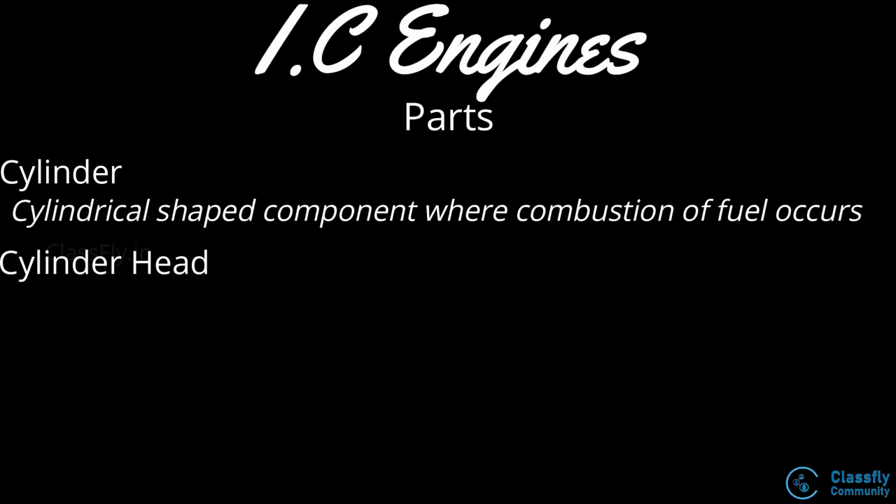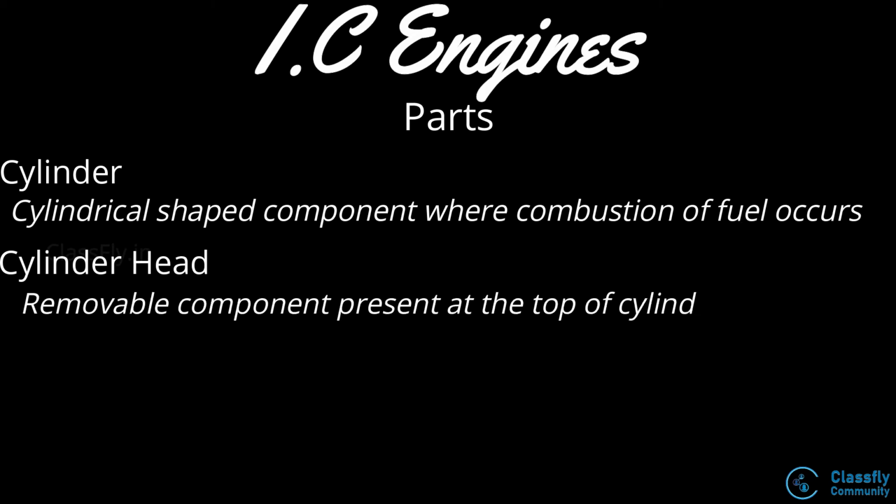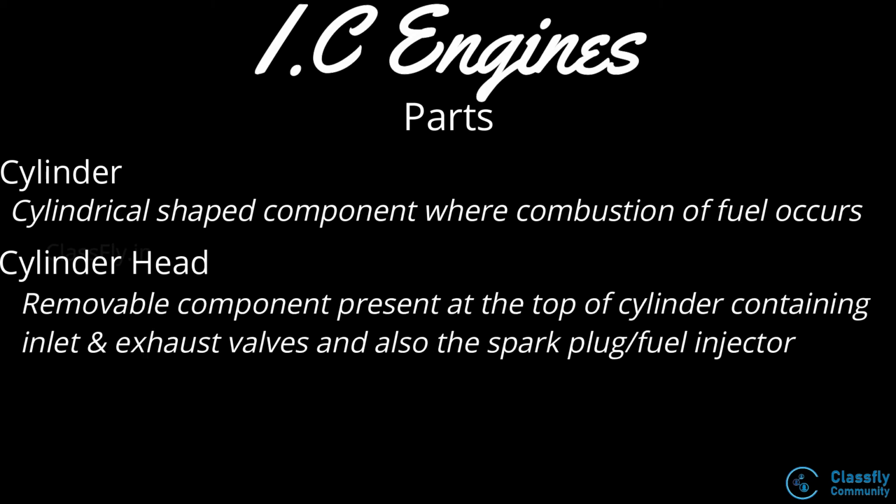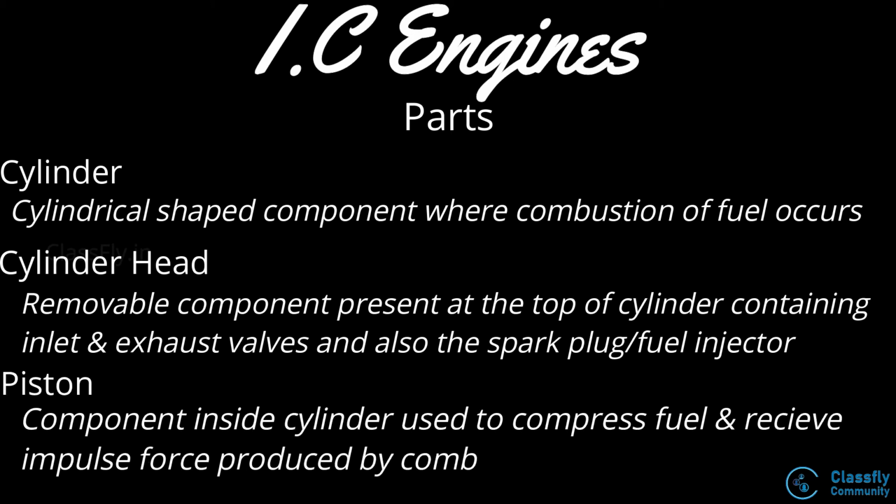Next, we studied the different parts of the IC engine, that is the cylinder, which is a cylindrical shaped component where the combustion of fuel takes place, cylinder head, which is a removable component present in the top portion of the cylinder containing the inlet and exhaust valves and other components like spark plug or fuel injector, piston, which is a cylindrical shaped component which fits perfectly inside the cylinder, used to compress the fuel and also receive the impulse force produced by the combustion of the fuel,